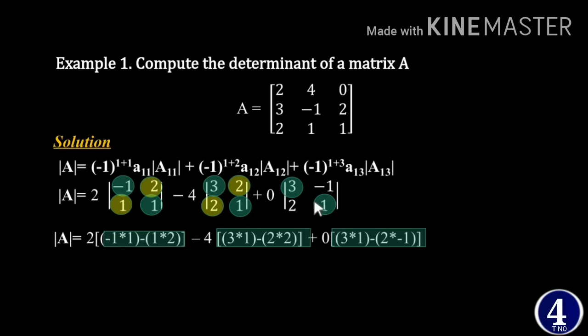ከዛ በኋላ ደግሞ ይሄንን ካልኩሌት ለማድረግ 3 times 1 minus 2 times -1 ይሆናል ማለት ነው። ከዛ ይሄንን ማኒፑሌት ማድረግ ነው። -1 times 1 which is -1 minus ይሄ ደግሞ 1 times 2 ይሆናል። ስለዚህ -3 ይሆናል። ብቻ ይሄንን ማቴማቲካሊ ካልኩሌት አድርጋችሁ ከጨረሳችሁ በኋላ ሪዛልታችሁ ስንት ይመጣል ማለት ነው? the determinant of matrix A is going to be -2 ነው ብላችሁ ትመልሳላችሁ ማለት ነው።